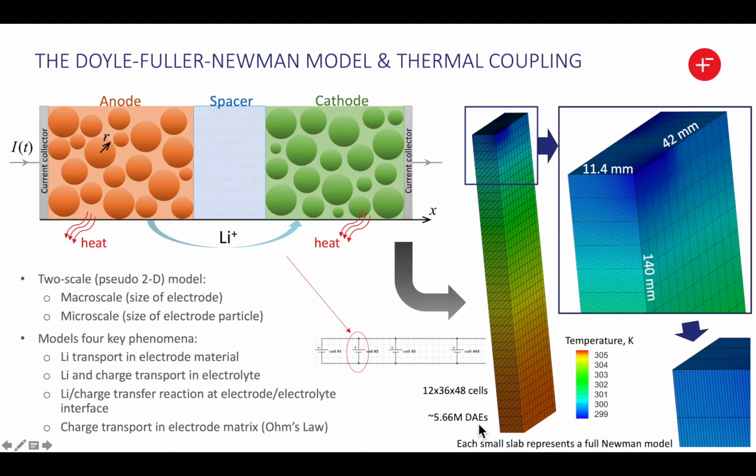algebraic equations. And in Dandelion, we have a fully thermally coupled electrochemical model. For example, this is a pouch cell. It's divided as a 48 stack of anode, separator, cathode, and then it is coupled with the heat transfer equation. That means we are solving 48 by 36 by 12 DFN models, which leads us to solve more than 5 million differential algebraic equations simultaneously. And Dandelion can do this very fast, even in just a few hundred seconds. But I don't think any other solver can even handle that many equations.